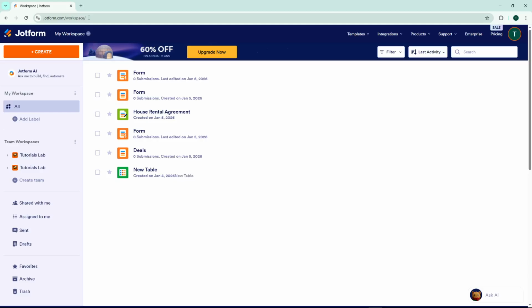Welcome back, everybody. Today I'm going to teach you how to set an expiration date in Jotform Sign. This feature is incredibly useful when you're dealing with time-sensitive documents like contracts or agreements that need to be signed